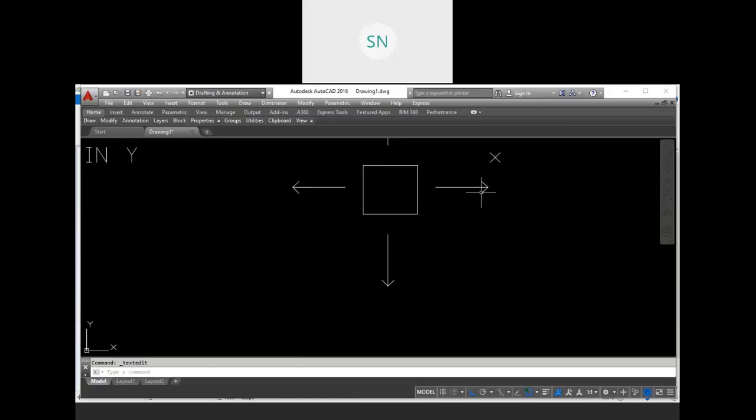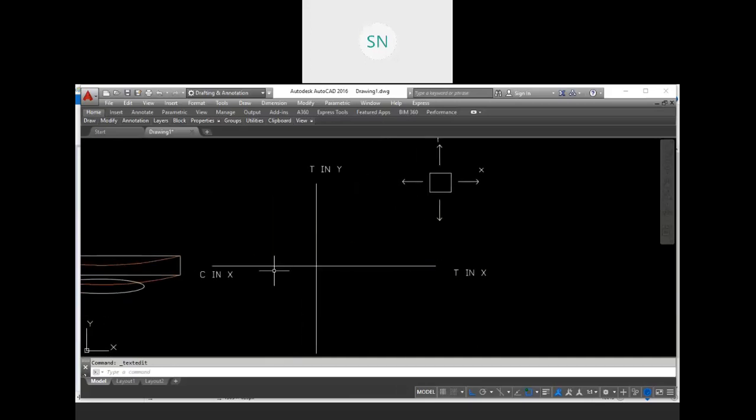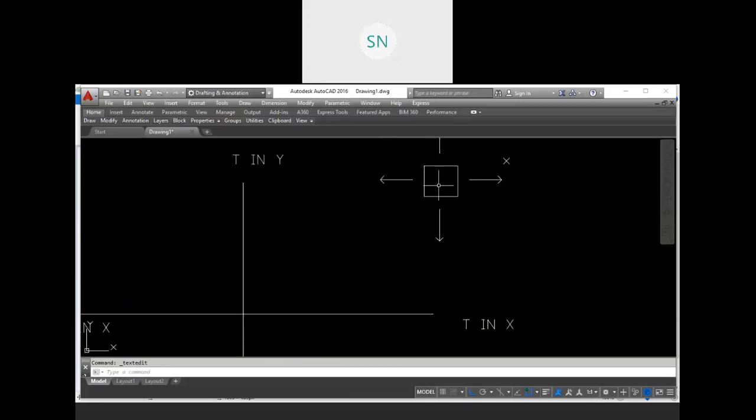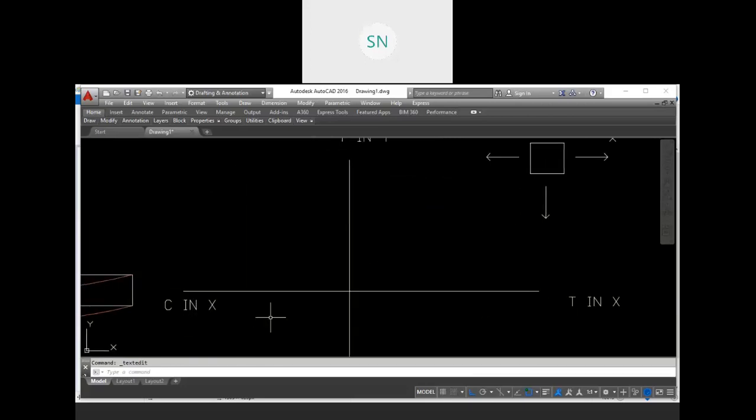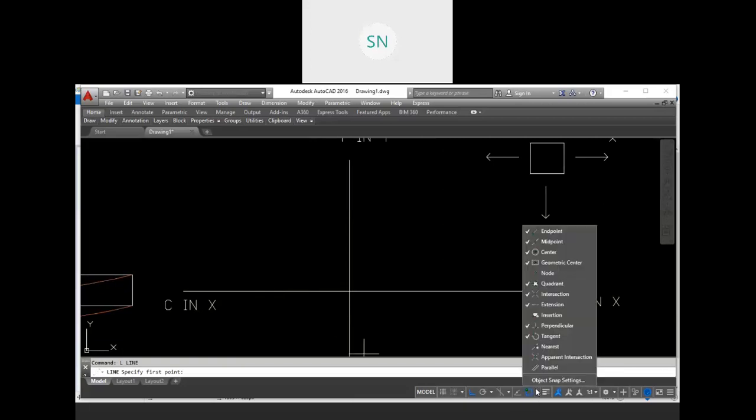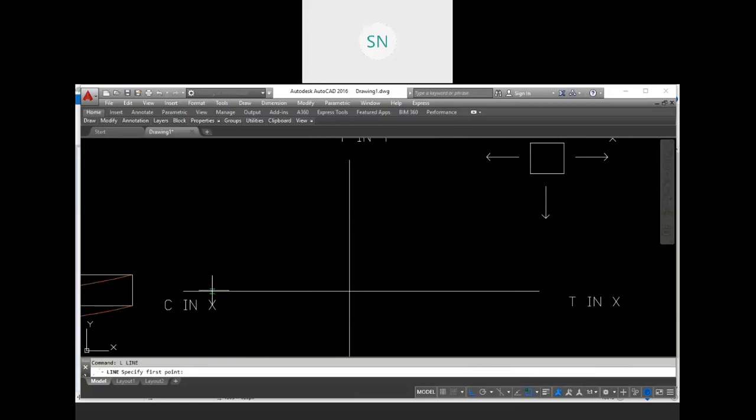At some point this block is going to break, up to this point.